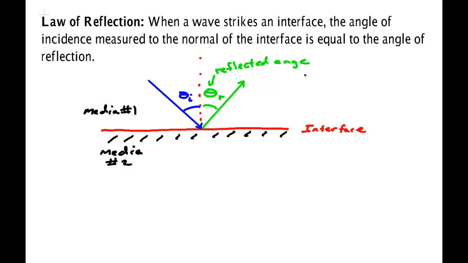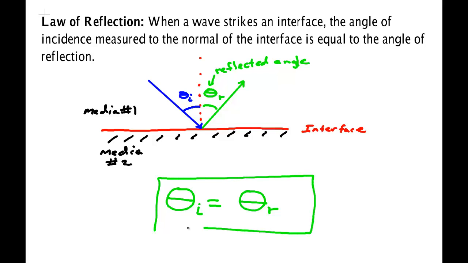And the angle of reflection says something very simple. It says the angle of incidence is equal to the angle of reflection. So if you come in at 30 degrees with respect to the normal, you bounce off at 30 degrees with respect to the normal. Now you see the same effect when you watch pool balls strike a pool table, and